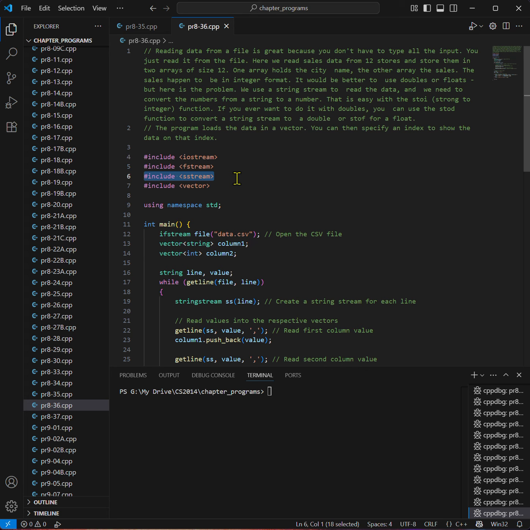Another thing that you need to know is that all the parts of that longer input string that you're going to split are basically little strings, and sometimes you want them to be numbers, so you have to convert that string to a number. And there are simple functions that you can use for that. So reading data from a file is great because you don't have to type all the input. I just love it. Over here we have the file